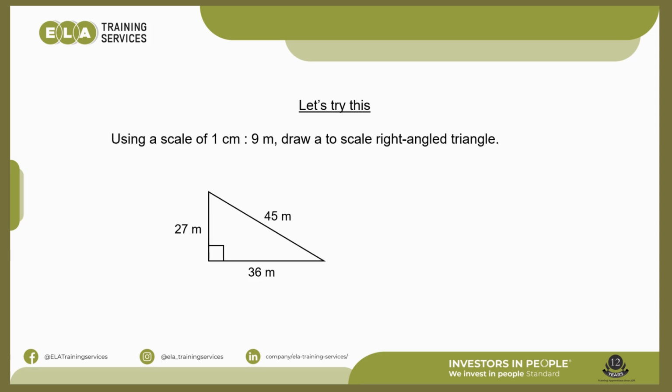You may be asked to do it backwards. You may be given the scale, 1 centimetre to 9 metres, and the final real life sized triangle. And then what they want you to do is draw a scale version of this triangle. So we need to do it backwards. Now we've been given here 27 metres. So we know that for every 9 metres, it's 1 centimetre of drawing. So we need to divide 27 by 9,